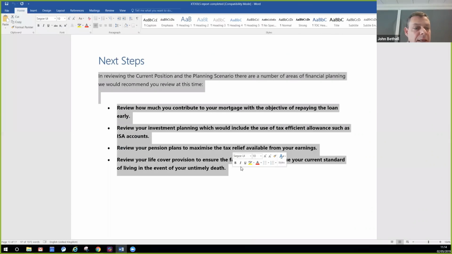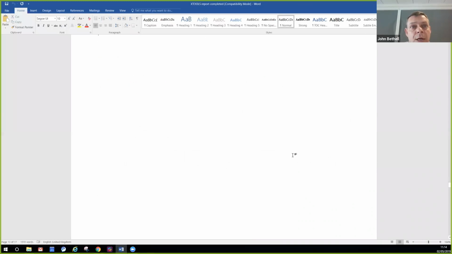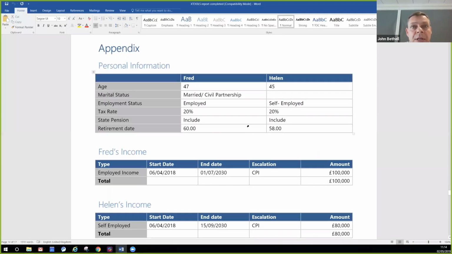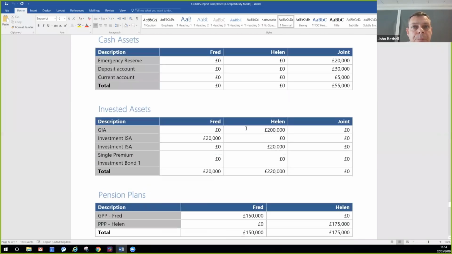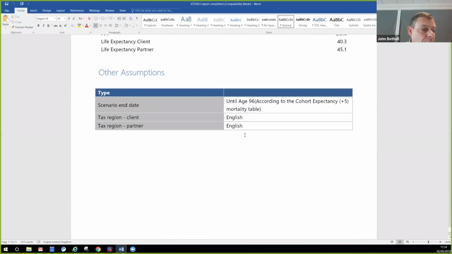They don't necessarily understand they need to act. So this is just that reaffirmation that they need to act to get that final picture that they like the look of. It also means that if you do 1, 2, and 3 in year 1, you then go back in year 2 and say, actually, we didn't cover off the 4th point last time, your life cover. Do you want to now revisit that? So it's a call to action. And then it runs through the appendices of all the personal information, so you're not rekeying it. But that information is based on the scenario, not on Xplan, and that's deliberate.